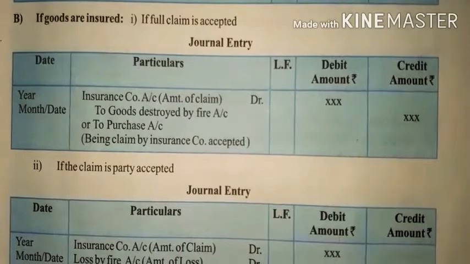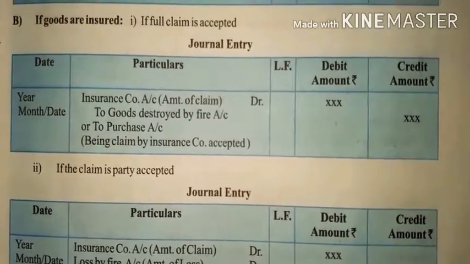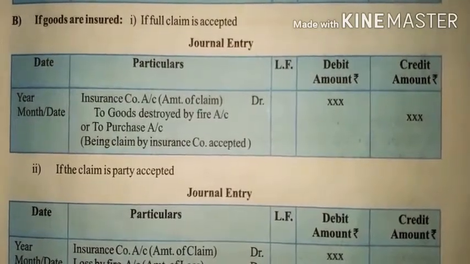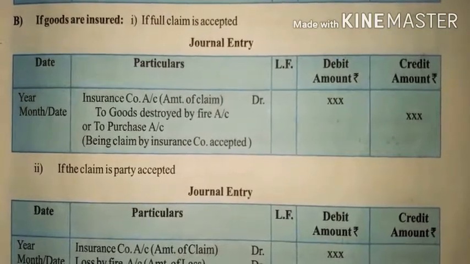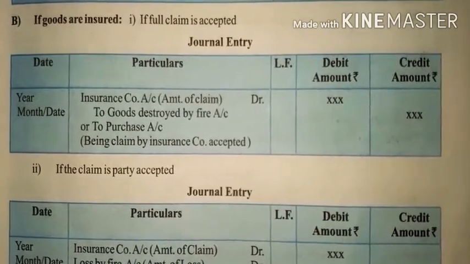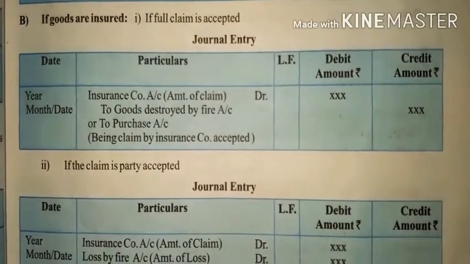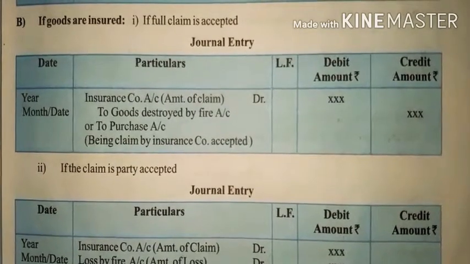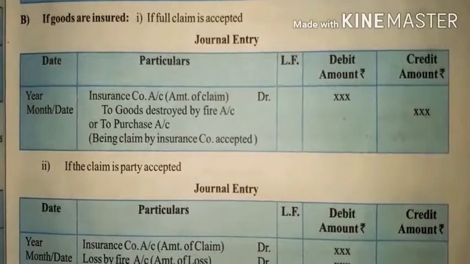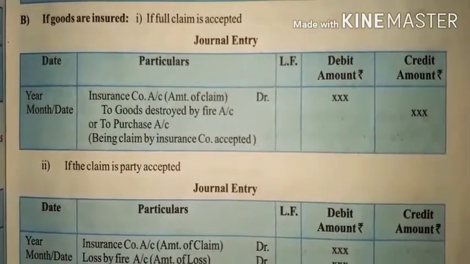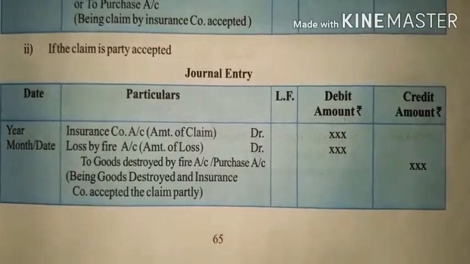Okay, in the previous transaction, uninsured, it was said that no claim has been accepted by the insurance company because goods were not insured, because insurance was not taken out for the goods that were lost by the fire. That is called uninsured, and in this case your goods are covered by insurance, so the insurance company is liable to pay you that claim for the loss that has happened to you. Next, if the claim is partly accepted.